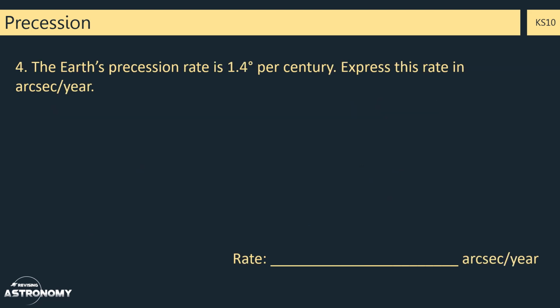The Earth's precession rate is 1.4 degrees per century. Express this rate in arc seconds per year. So we've got our measurements in degrees per century and we want it to be in arc seconds per year. So we're going to take these one at a time. We know it's 1.4 degrees per century. That's saying it's 1.4 degrees per 100 years. So let's firstly sort out the year. If we divide it by 100, then that will give us the amount of degrees in 1 year. So 1.4 divided by 100 gives us 0.014 degrees